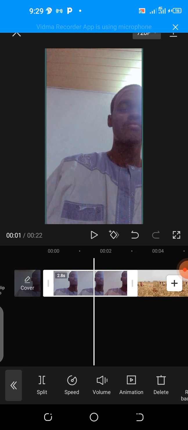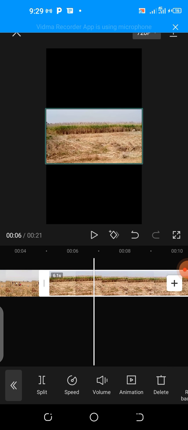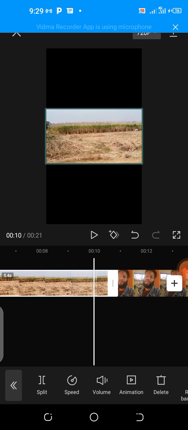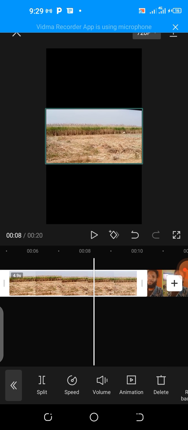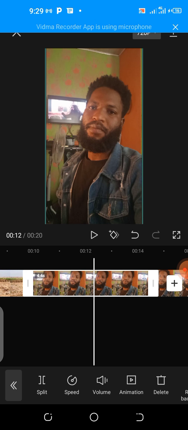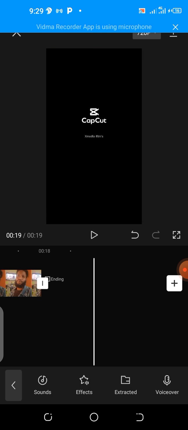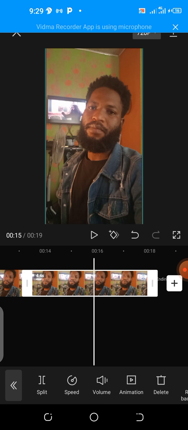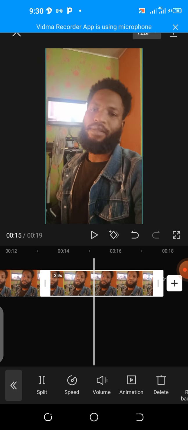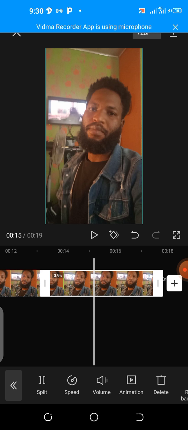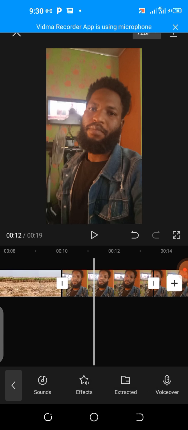Do you understand? Each of these clips so far is not just a straight clip. You have different shots. You can work on them individually. You can reduce them, cut some unnecessary parts and leave some necessary parts, and then just play through. Once you have worked on the parts you want to appear on the video, and you're comfortable with what you have,